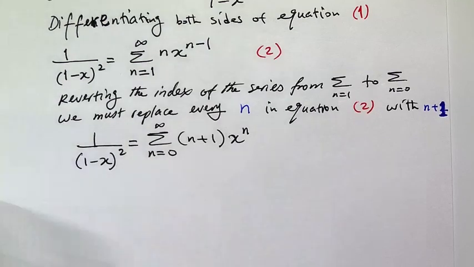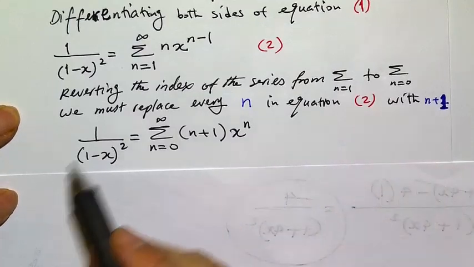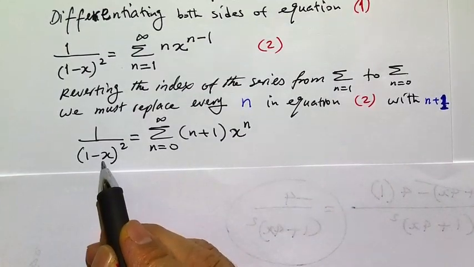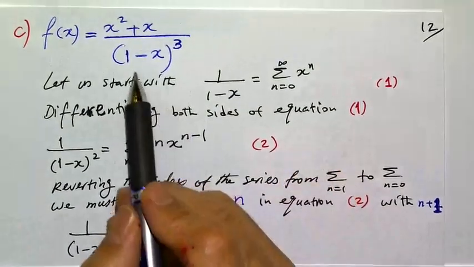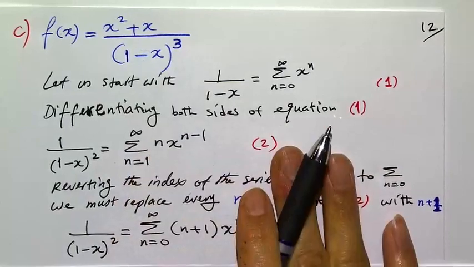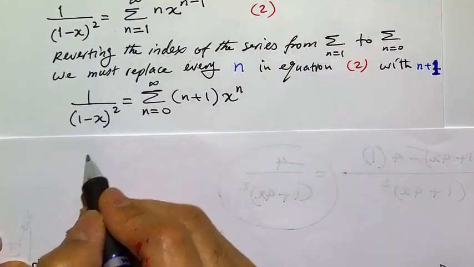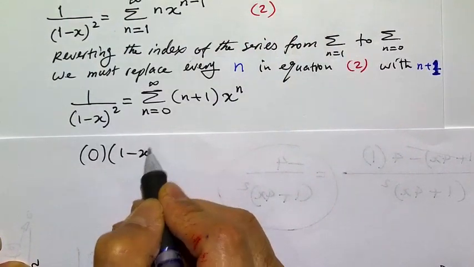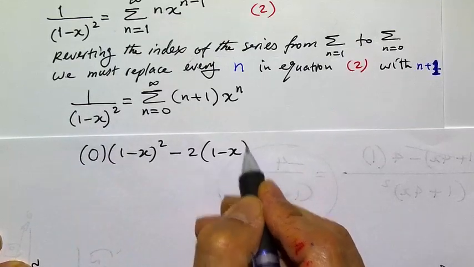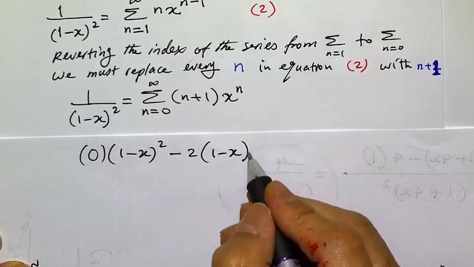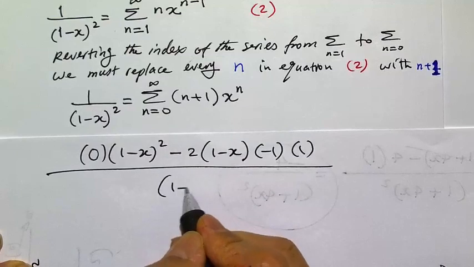And let me bring my scratch paper back because I don't want to write the derivative work for the left side on this paper. If we differentiate the left side, do you think we will get this, 1 minus x cubed in the denominator? Let's find out. So the derivative of that would be 0 times all of that minus the derivative of the denominator and times minus 1 by the chain rule times the numerator divided by 1 minus x